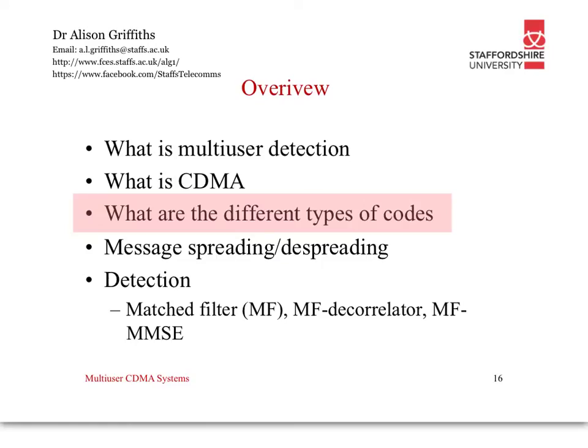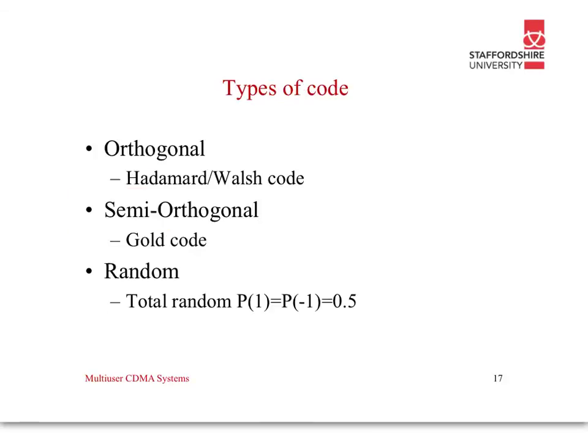So we've talked about what CDMA is. Now we're going to talk about the different types of codes. They are grouped into 3 categories: orthogonal, these are the perfect ones, the Hadamard-Walsh, so each code has no effect on the other code; semi-orthogonal, and we'll explain why we need semi-orthogonal, and these are known as Gold codes; and then just a totally